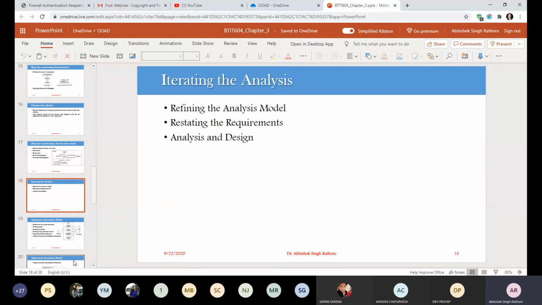This is how we can go for our analysis. The final summary of this analysis is that we start with our domain model that captures our general knowledge about your application, your concepts, and your relationships within particular domains.